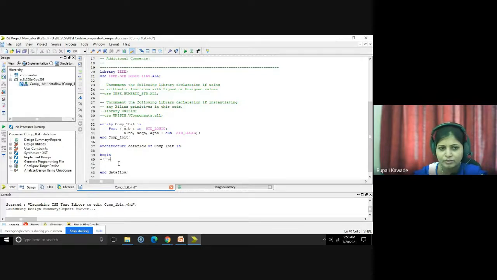Okay. So all these three concurrent statements you can write: ALTB less than or equal to, then AEB, AGB equal to, and A greater than B equal to. So here we have to write down those equations. So ALTB is A bar B. How will you write this? Not of A and